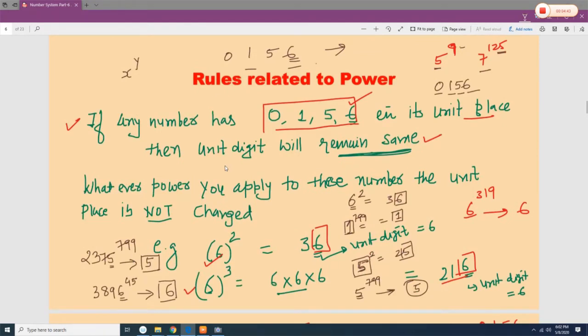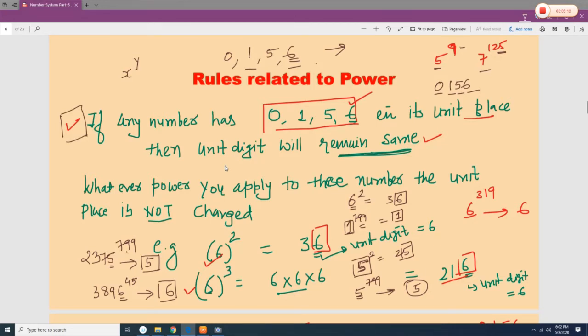Now, when a number is expressed in power, you have to remember this rule. The rule says that if any number is in power and the unit digit is 0, 1, 5 or 6, then the unit digit will not change. If it is other than 0, 1, 5 and 6, then there is another way to deal with this kind of problem. So for example,